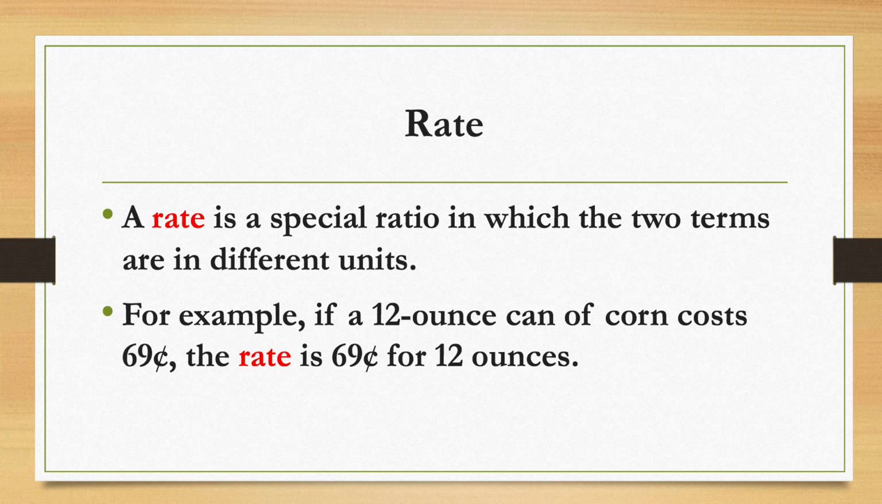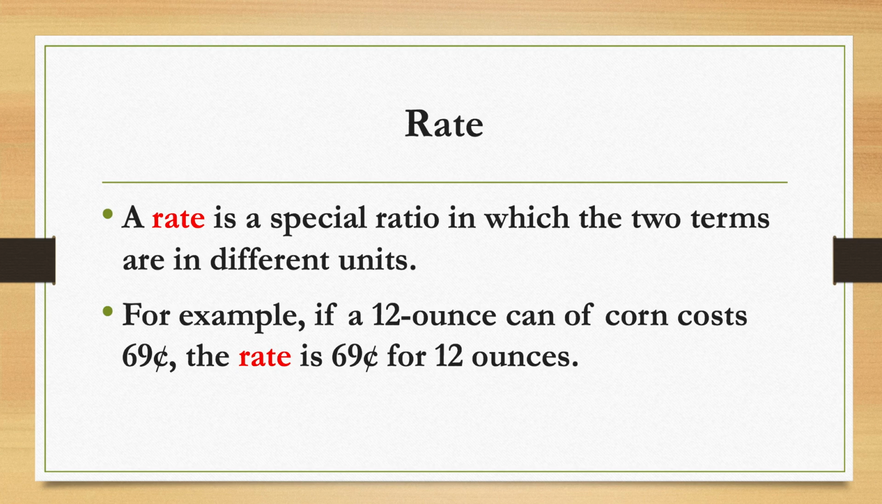So let's begin with the definition of a rate. A rate is a special ratio in which the two terms are in different units. Right? And it helps to see that with an example. It says, for example, if a 12-ounce can of corn costs 69 cents, the rate is 69 cents for 12